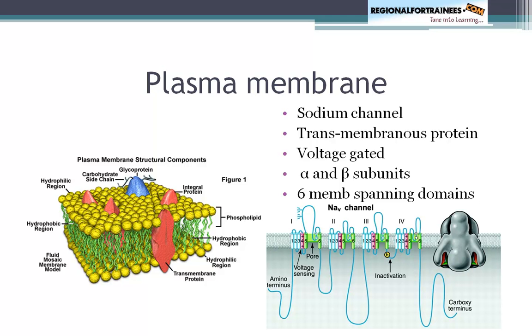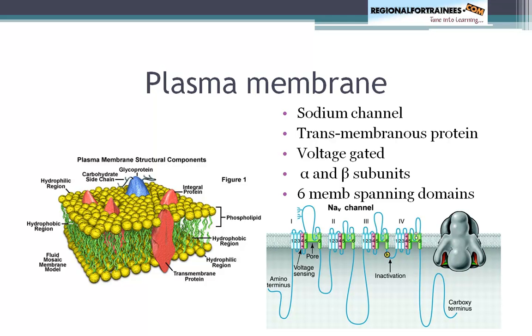Some of the proteins may have carbohydrate side chains and therefore result in formation of glycoproteins and play different roles. Of importance and of note, different proteins can form either pores or channels which may allow different substances to pass through the cell membrane,